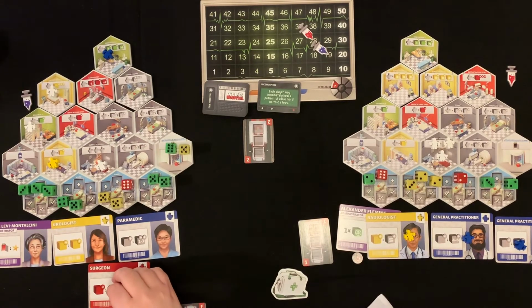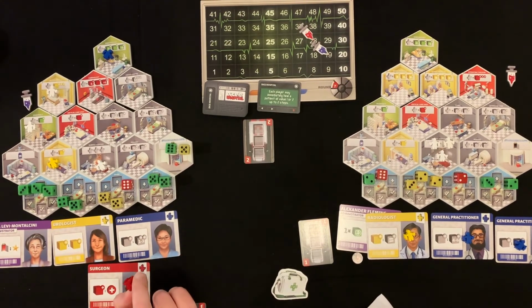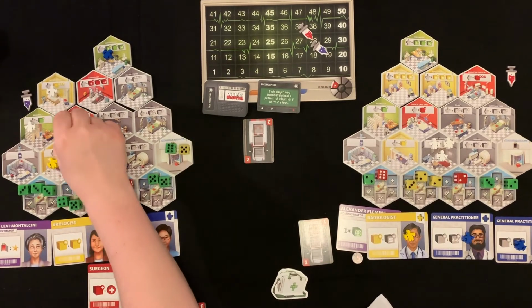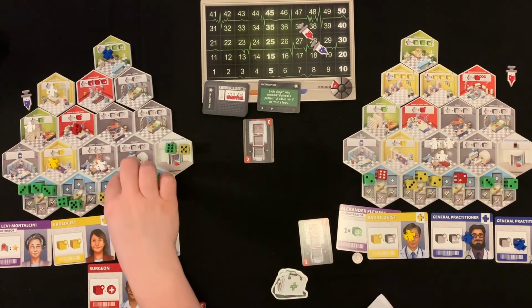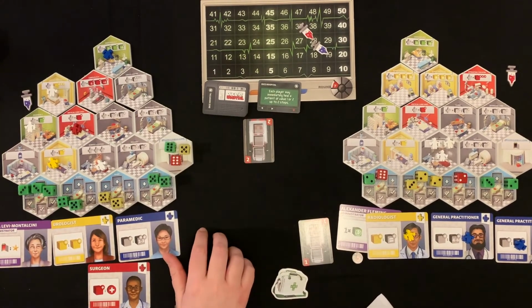Darn it. I can't change. I don't have any blood bags, so I can't change the colour of any of my other dice. So this guy is not useless, but not as much use as I would hope. So he's going to go to critical care unit and discharge this one. And then for my final move, I am going to go...